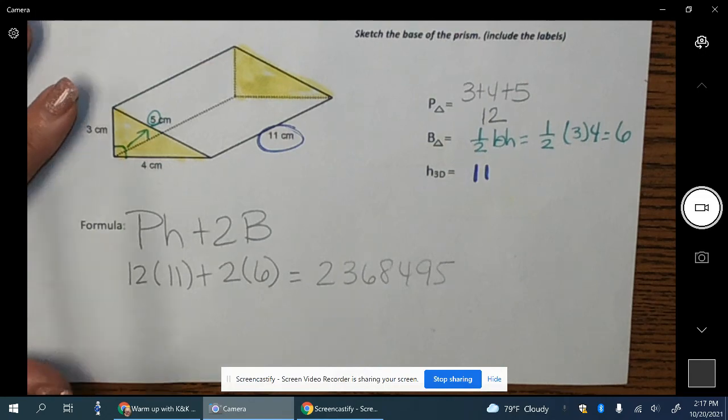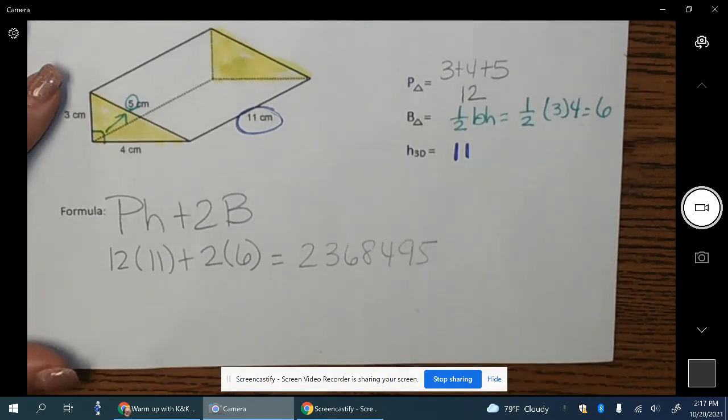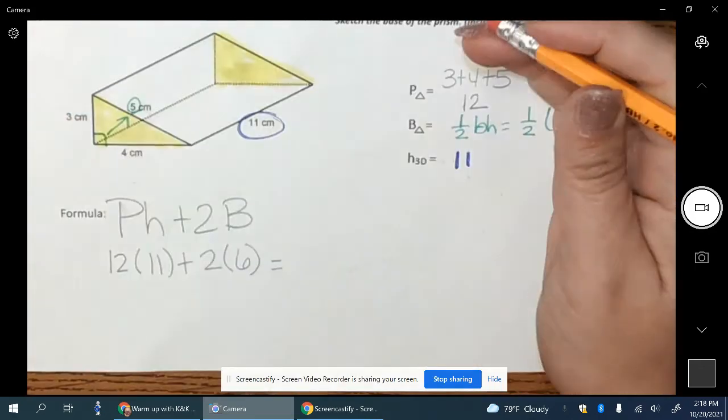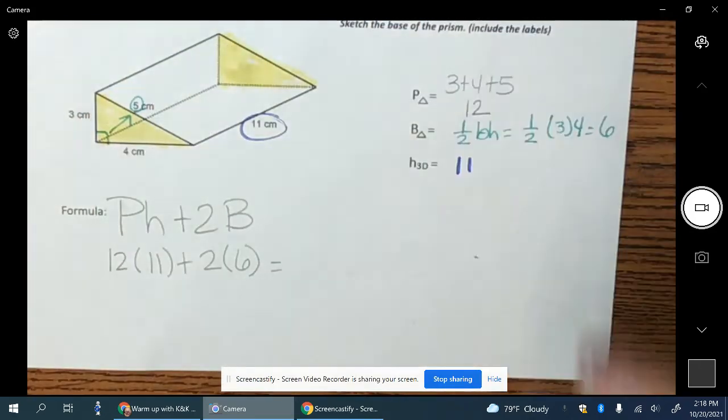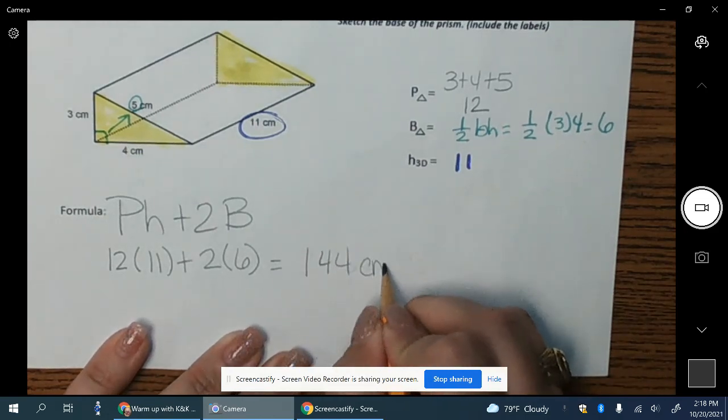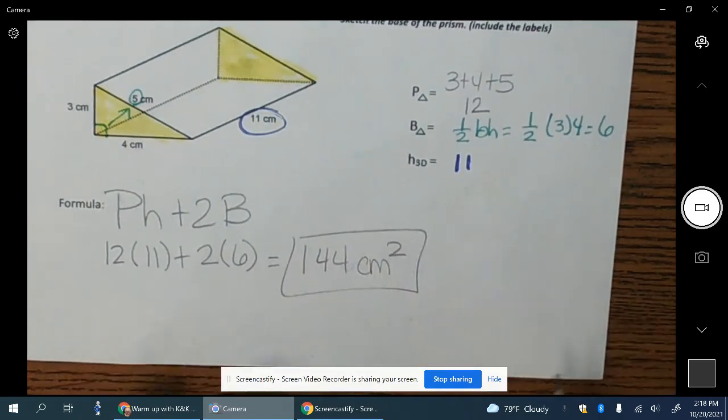I was just seeing if people were just writing down my answers, if they were going to actually check my work. I started writing 23 and then I was like, yes, what's the answer? 144 what? Centimeters squared. Yeah. I was just seeing if anybody's paying attention, or if y'all were just going to copy what I said. We're the best class. Okay. So it's exactly like yesterday, but